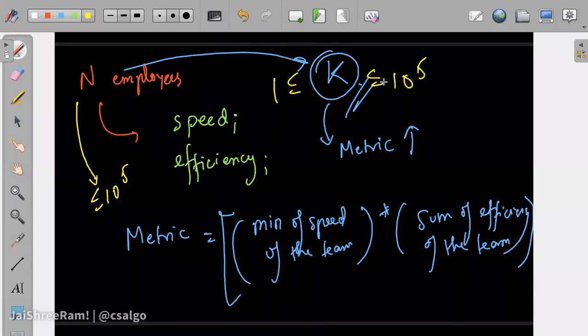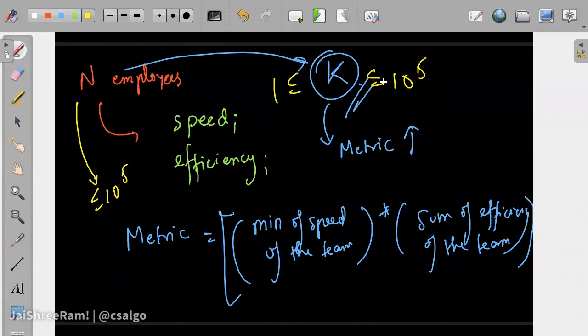Because everything else you have to just take the maximum sum, and because you know the minimum speed, you are done. So you will try to maximize the sum. But there might be cases where someone's speed gets decreased a lot, but they might give you a lot of efficiency in the summation part, so you can't really decide on that directly.